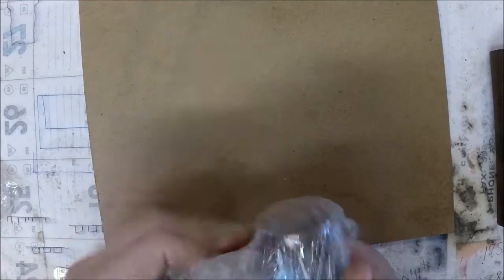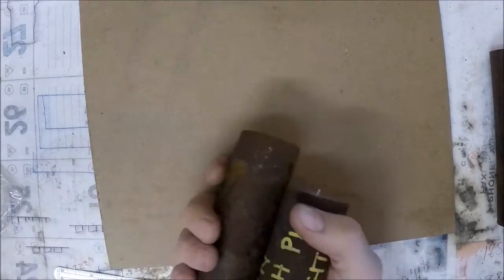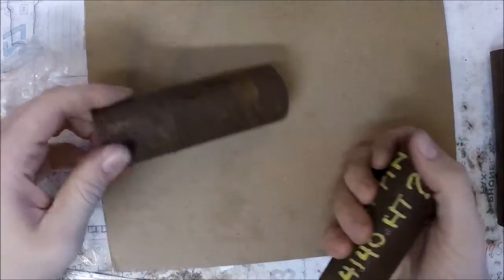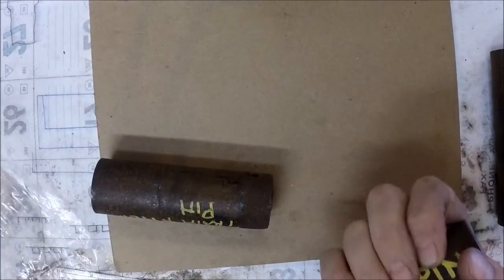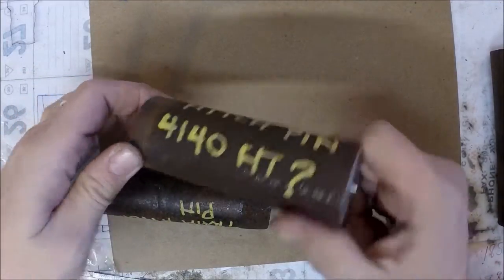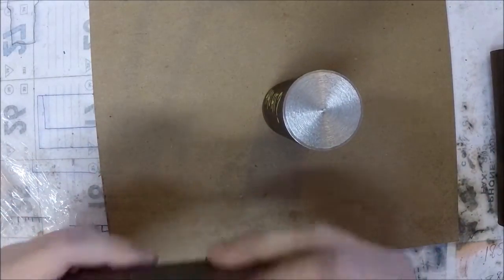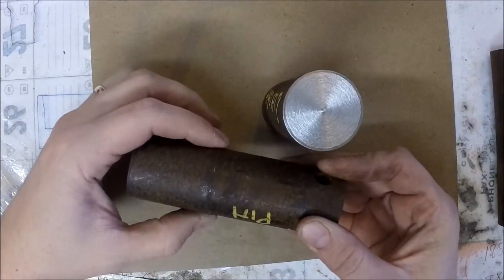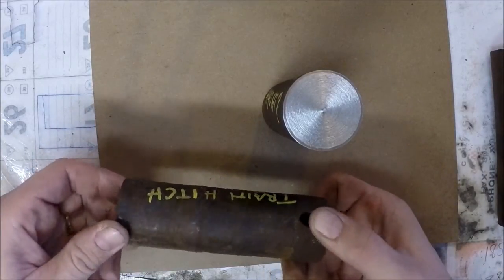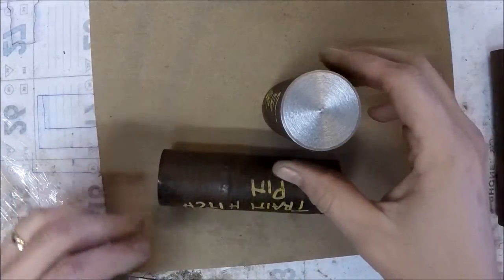And then these are hitch pins from a train car. So this one says train hitch pin 4140 heat treated. And this one is the same. This one's got a little bit of a rib running around the edge here. I don't know if that's just a wear mark or if it was a repair where it was welded or something, but